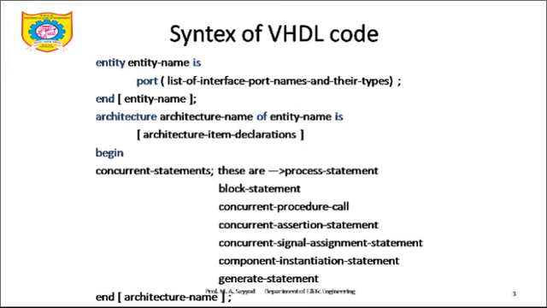And in the statement part you are going to use different concurrent statements. These statements include process statement, block statement, concurrent procedure call, assertion statement, signal assignment statement, variable assignment statement, component instantiation statement, generate statement, and at the end you must end with the architecture name. This is just a general syntax of VHDL code. Means whenever you are using behavioral modeling style, inside an architecture after keyword begin, you must go for a process statement. Now we will see what a process statement is.